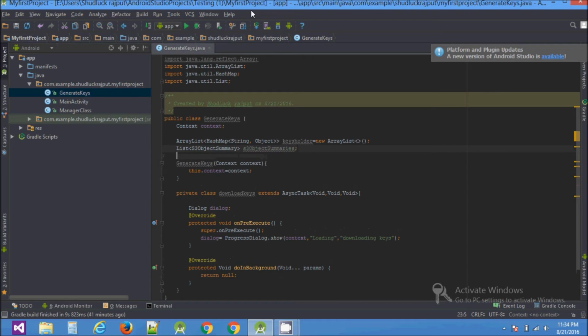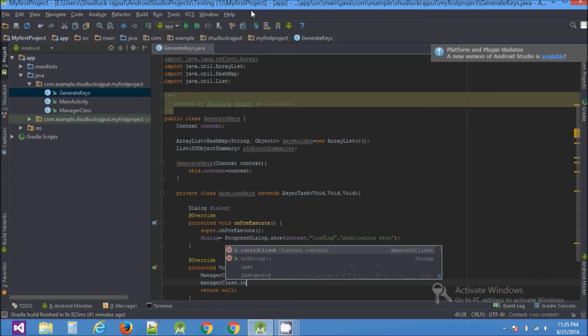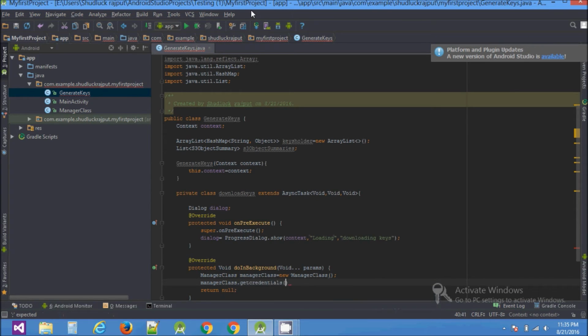Then coming to the doInBackground method. First of all, create an instance of the manager class. ManagerClass equals new ManagerClass. This is our custom class that we created in our last tutorials. Then call managerClass.getCredentials and pass a context.